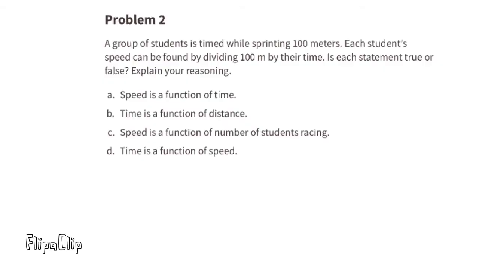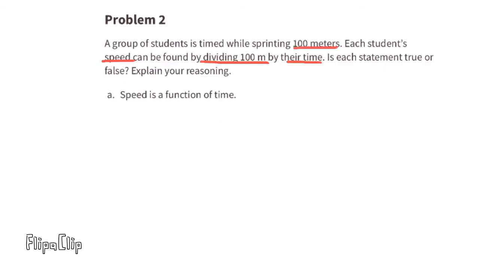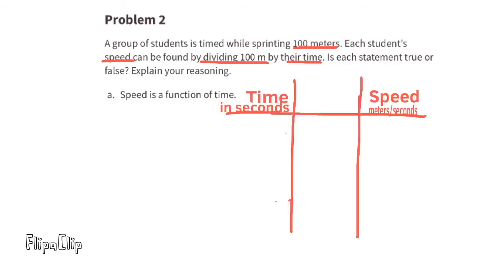Problem number 2. A group of students is timed while sprinting 100 meters. Each student's speed can be found by dividing 100 meters by their time. Is each statement true or false? Explain your reasoning. A. Speed is a function of time. Let's just say the time for one of the runners was 60 seconds. 100 meters divided by 60 seconds would equal 5/3. If the input was 60 seconds and the function was 100 divided by the input, the output would be 5/3